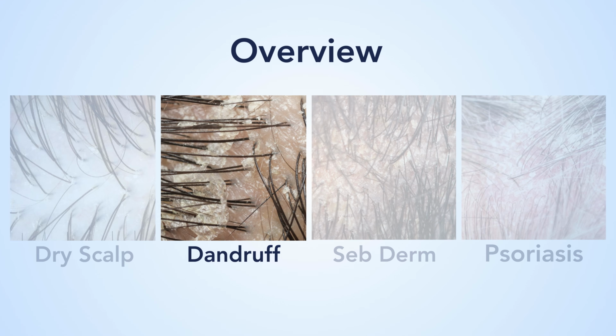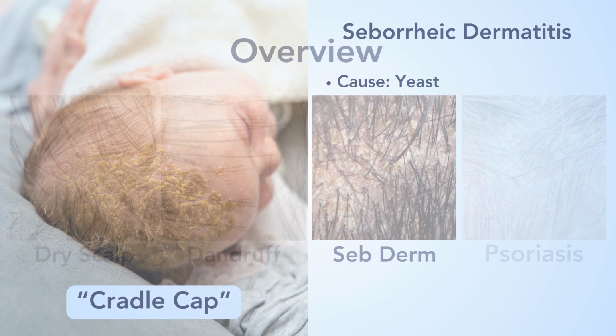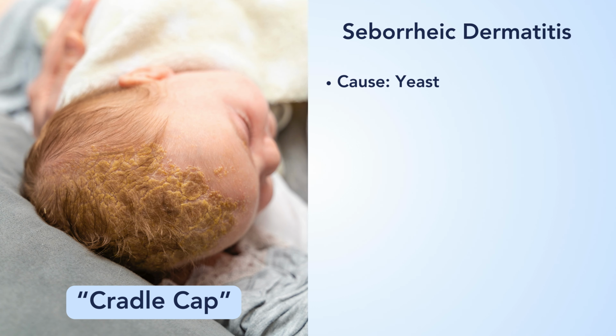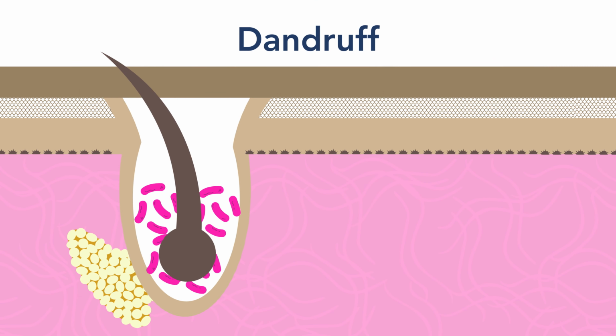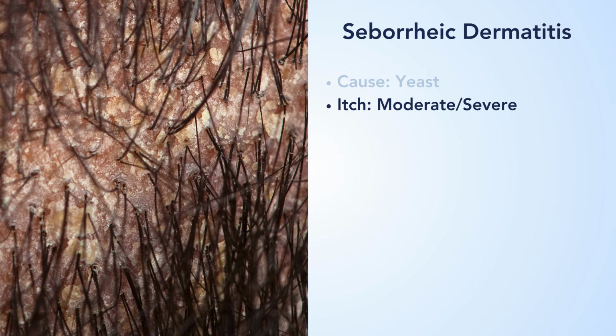And moving right along to seborrheic dermatitis, or sebderm as we call it in the biz. You may also know this as cradle cap in babies. You can see the yellow scale of this baby with the cradle cap. And again, you can see the yellow in adults as well. I think of sebderm as the poorly behaved older brother of dandruff because it's just like dandruff but with lots of inflammation. That inflammation causes itch in the scalp, and also it causes the scalp to be red because of